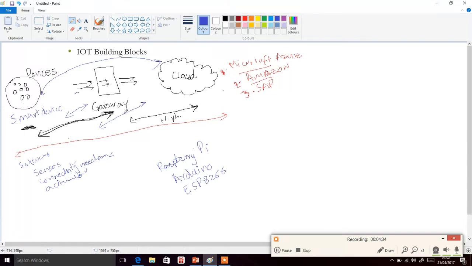That's why we need a gateway, and the gateway is not only transferring data, but it can also perform different functions like calculation, then processing of the data before it sends it to the cloud, and many other functions. Some examples of the gateways that are commonly used in the market are Raspberry Pi, Arduino. These two are